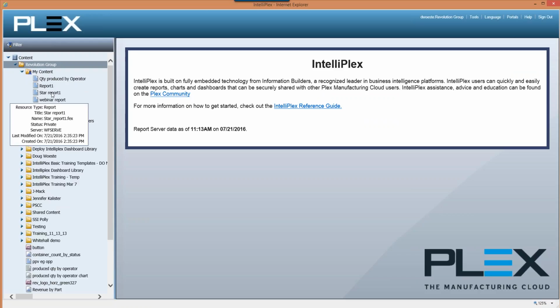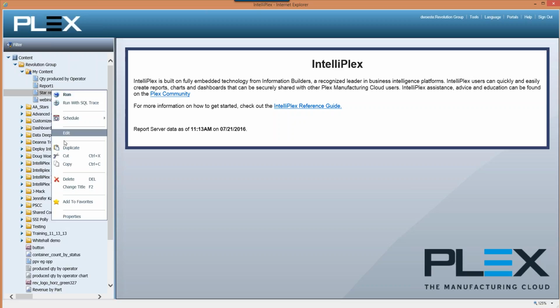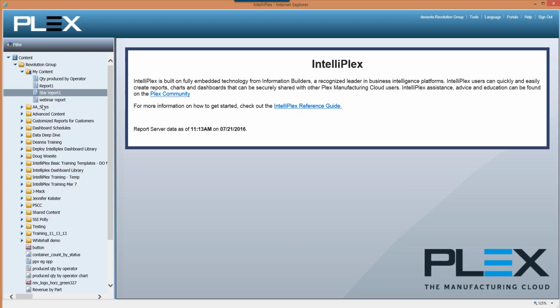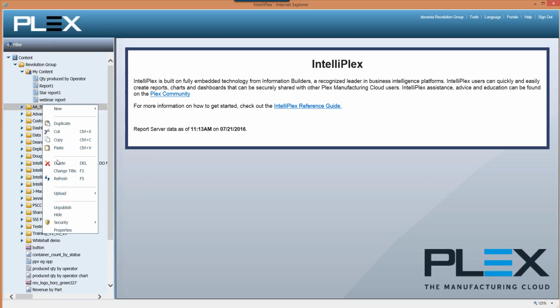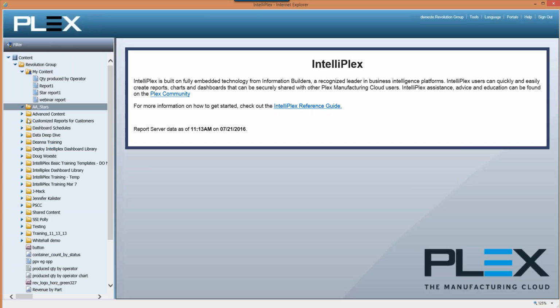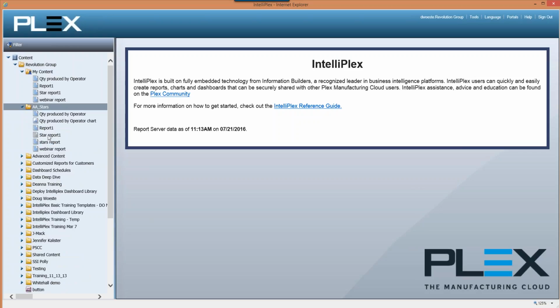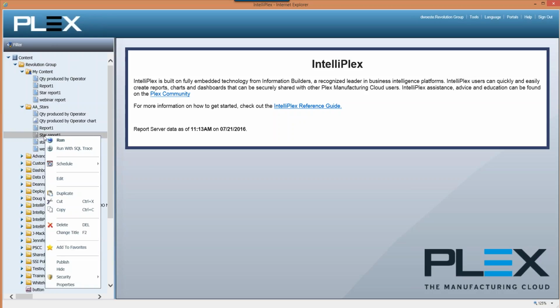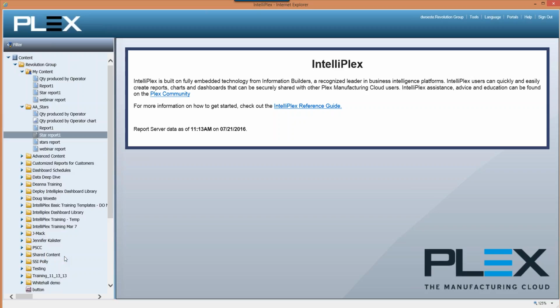So you can see that I have star report number 1 here. I simply want to copy and paste this into my stars directory, because I know that that directory has been published within Plex. But you can see, maybe a little hard to distinguish, that star report 1 is gray because I haven't published that report yet. So I right-click on that, publish that report.